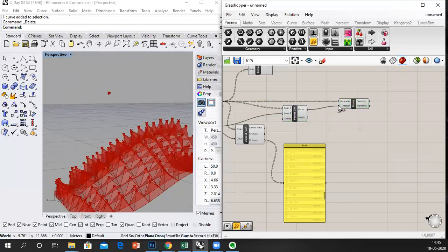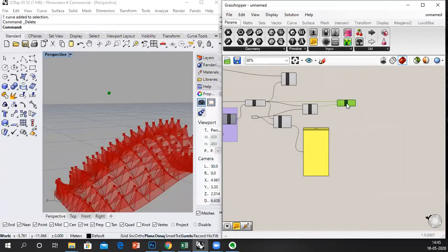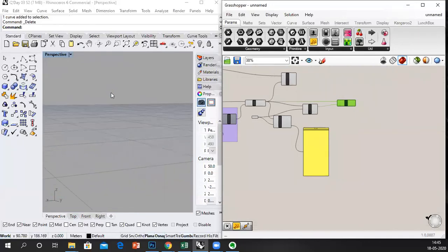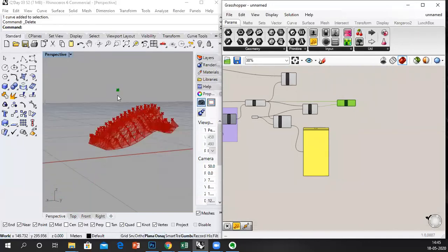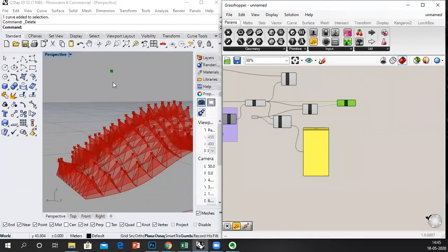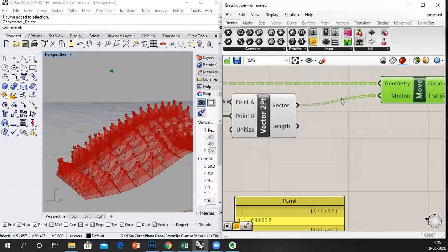If you connect the vector to motion, you'll see that the vector values are higher because the distance is higher. So it's gonna get all clustered together near the point.